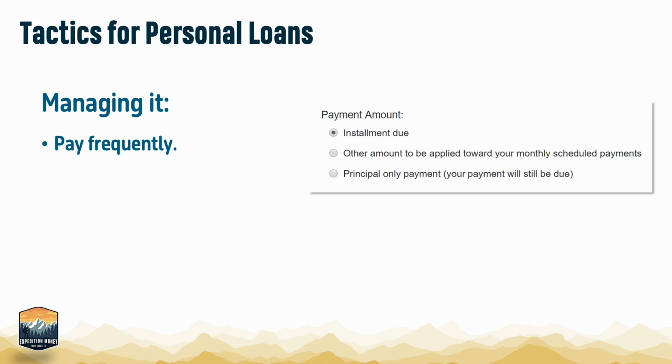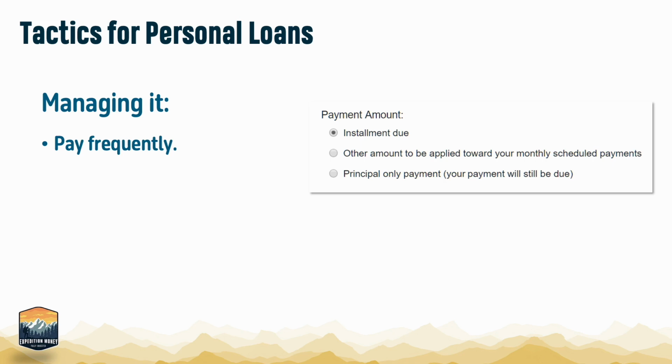In fact, most personal loans will give you various options when you're making a payment, whether to consider it an early scheduled payment or apply it as an additional payment. If you choose to have it counted as your regularly scheduled payment, you'll actually be ahead. So if something were to happen one month and you weren't able to pay, it wouldn't be considered late.